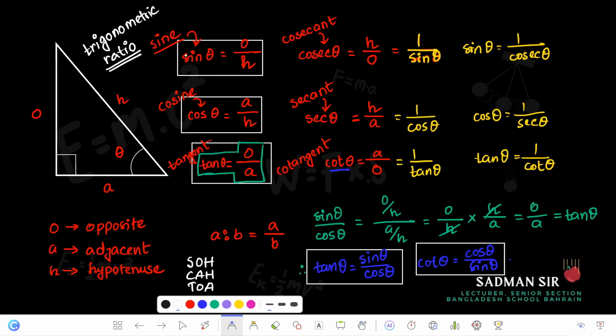So we have taken S from here and O and H, S O H. Okay, so if you remember, you can say sine equal to oppo by hypo. And then this one you can say yourself, right? Cos equal to adjacent by hypo, so C A H, CAH, and T O A, TOA. So these three, if you remember, the other three are just the reciprocal of it. So that is why it will be easier for you to memorize, right? So I hope